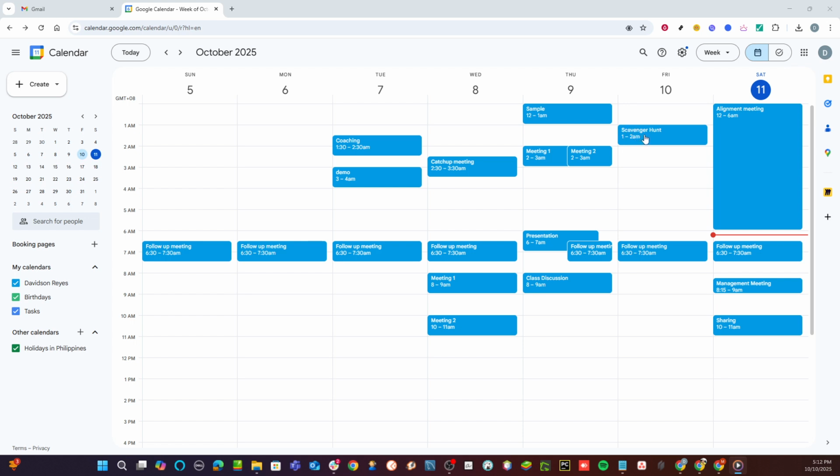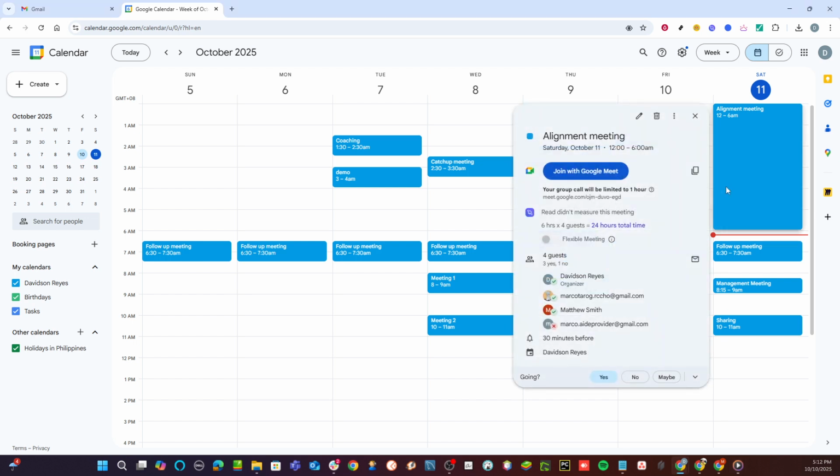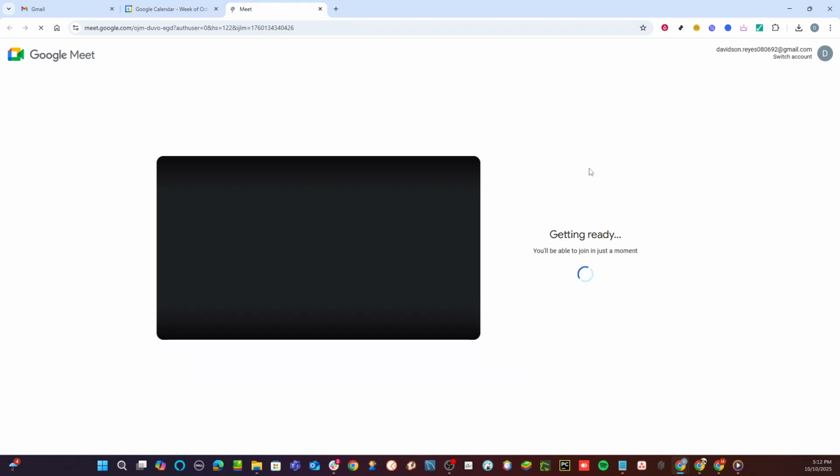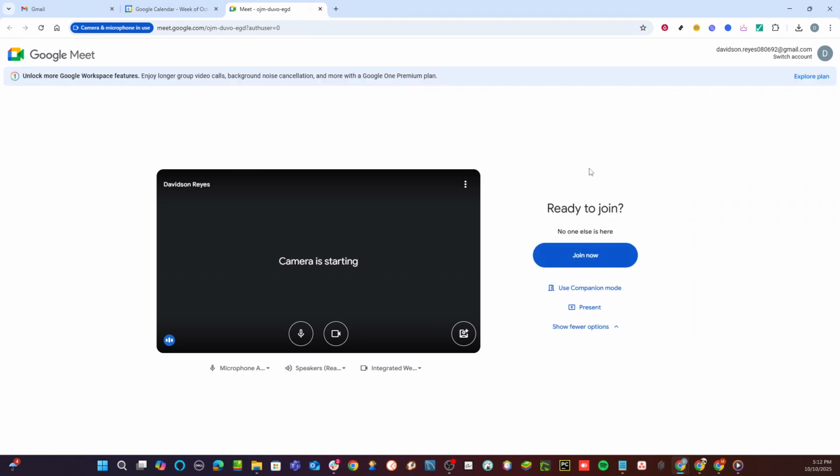Start by opening Google Calendar in your browser. Find the event that includes the Google Meet you want to join. This is usually any calendar event with a Meet link attached. Open the event, and you'll see an option that says, Join with Google Meet. Click that to launch the meeting window. When the preview screen appears, check your mic and camera if you need to, and then select Join Now to